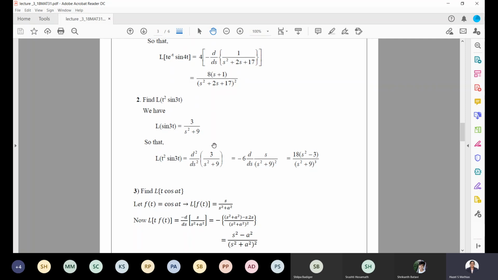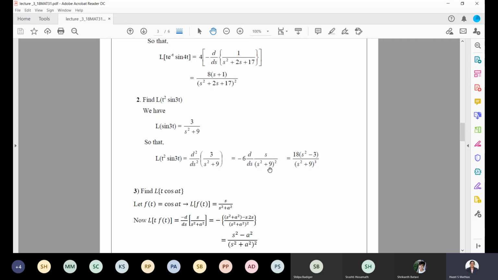So once when we differentiate it, what do we get? Denominator square. This is the first time differentiation. Denominator square, then denominator into differentiation of numerator. Differentiation of 3 will be 0. Minus 3 into differentiation of the denominator. Differentiation of s square plus 9 is 2s. So you will get minus 6s in the numerator. 6 is taken outside, s is kept as it is. It is 2 times differentiation, so whatever we get now has to be differentiated again.